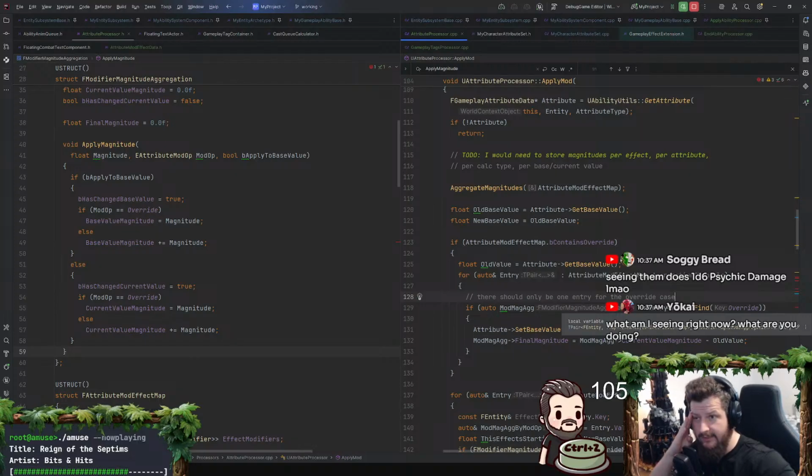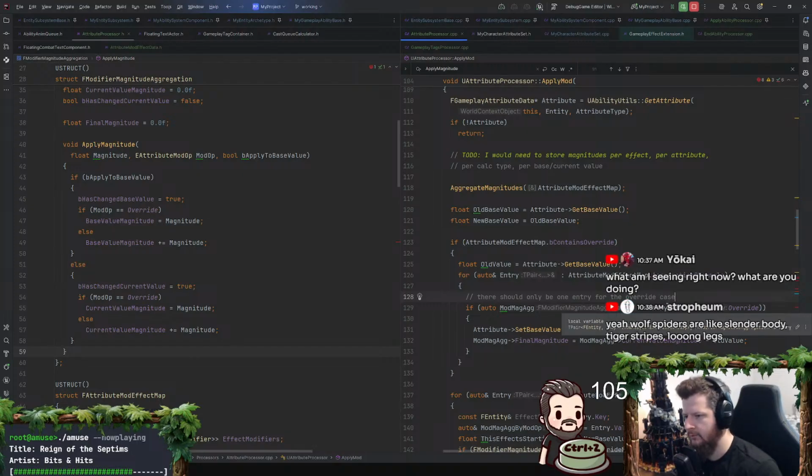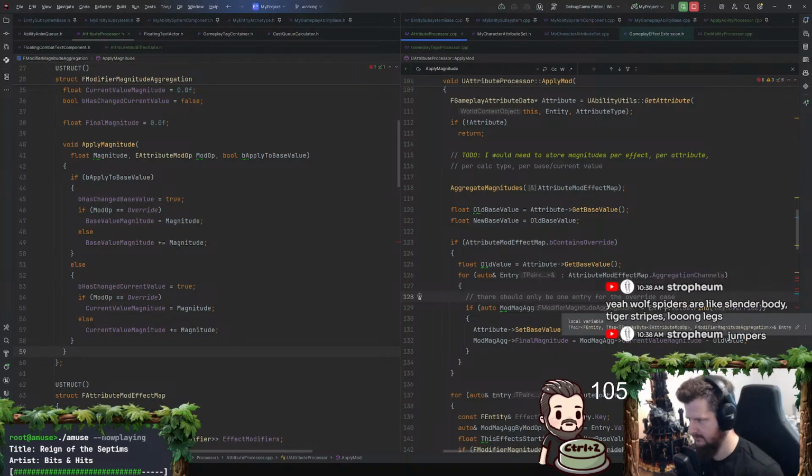I'm doing some game dev though. I'm working on an ability system, specifically on attribute calculations. And I had it working before, but I need to rebuild the calculations so that I can have gameplay effect execution events with the final evaluated magnitude. So that's what I'm trying to do right now.